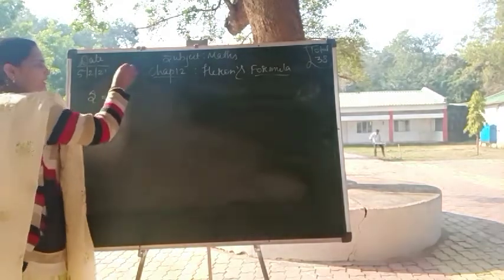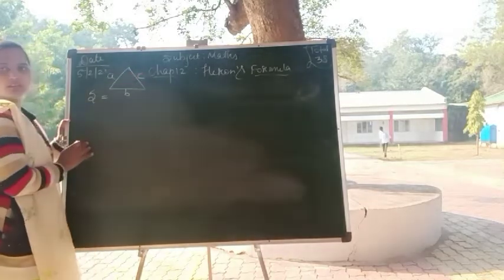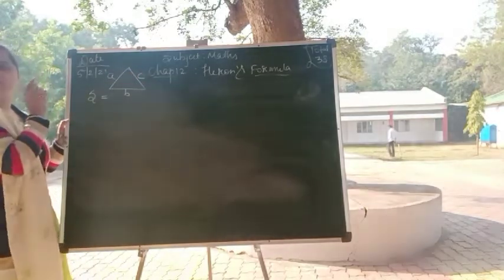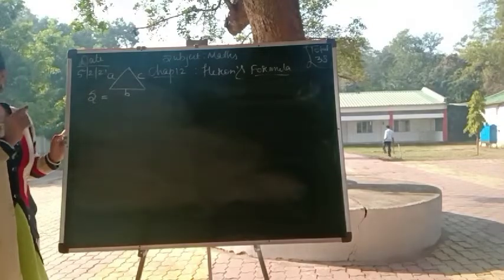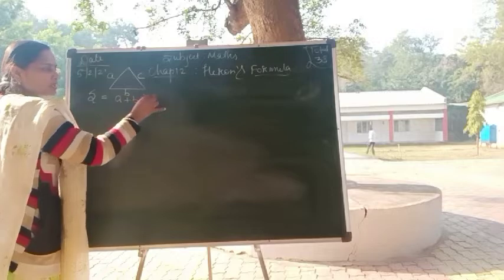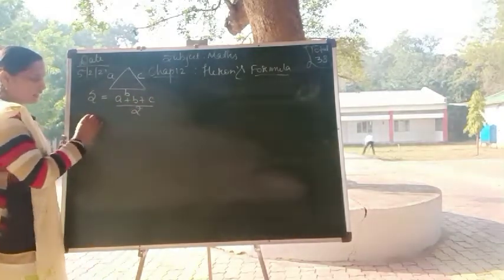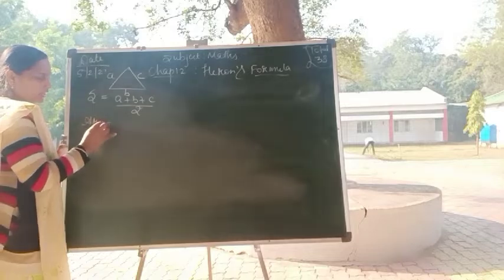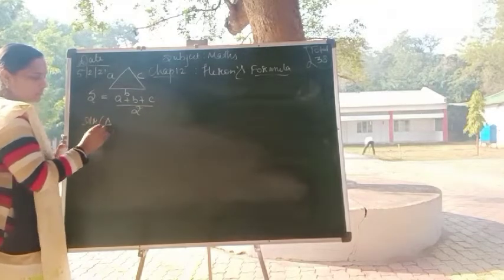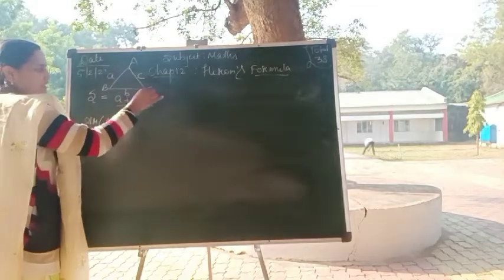So if there is a triangle with sides a, b, c, the lengths of all three sides respectively, then the semi-perimeter is a plus b plus c whole upon 2. Then the area, I can write in short form, area of triangle ABC